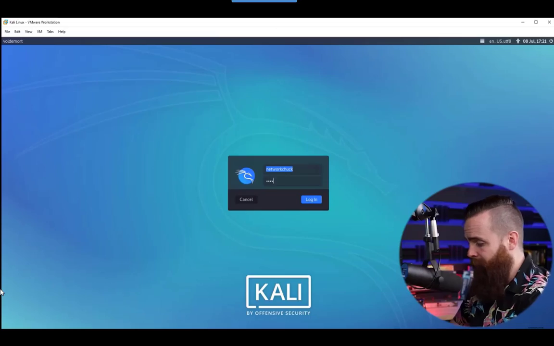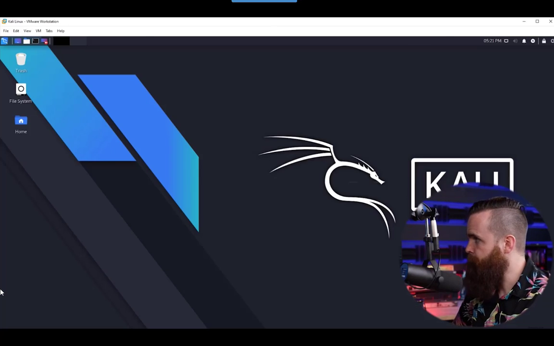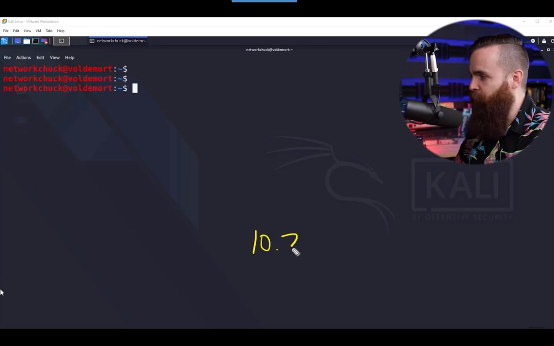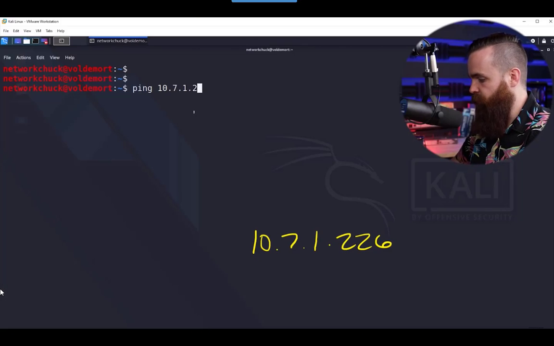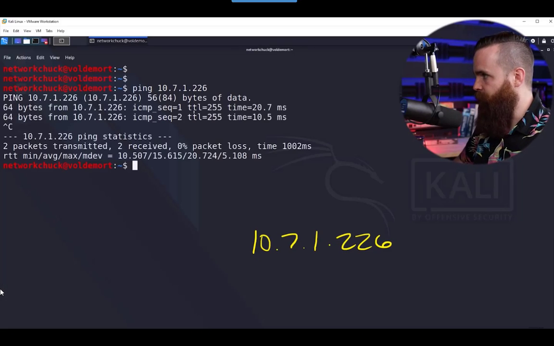Oh, and by the way, you can install Nmap anywhere. Windows, Mac OS, Linux, and you're going to see me using Kali. Nmap is amazing. Let me show you why. Let's say I have a server on my network, and I do, 10.7.1.226. How would I typically find out if that host is there up and running? Well, I would just use ping, right? Ping 10.7.1.226. Okay, bam, I'm getting a response, it's up.